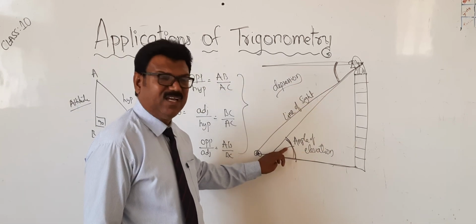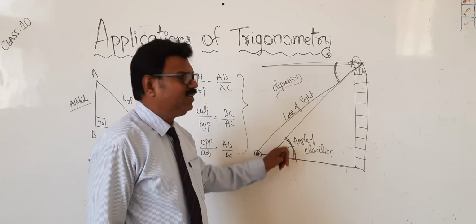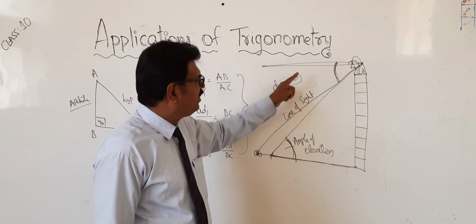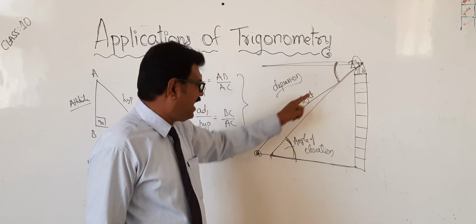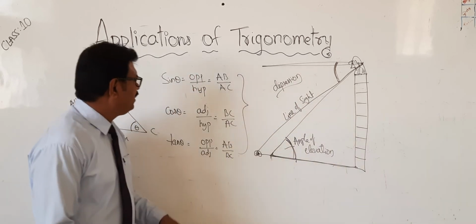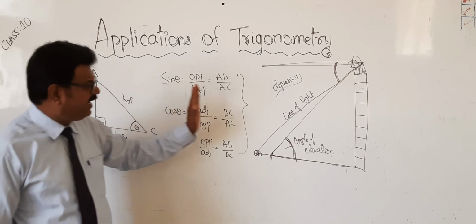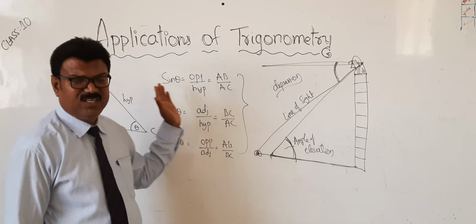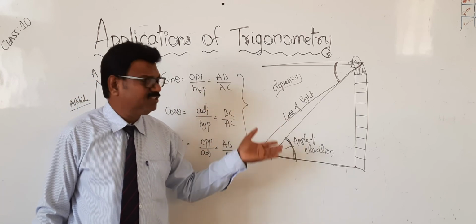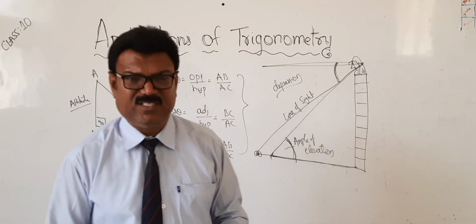These two are alternate angles, these two are parallel, so whatever it is here, that much it will be there, because we can't measure from here, right or not? Therefore we will measure from here. This angle is known as angle of depression, and this angle is known as angle of elevation. And if you know sin theta, cos theta, tan theta, these basics are there in applications of trigonometry. It is very interesting, but at the same time it is very easy also. So we'll see problems, examples, one by one.